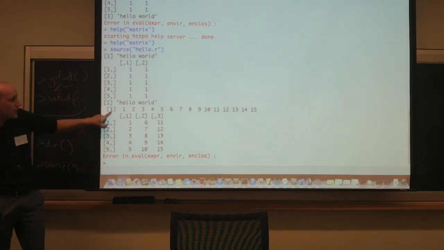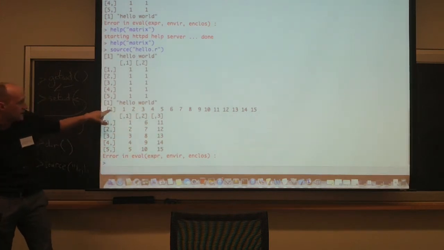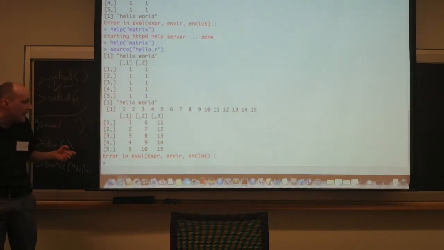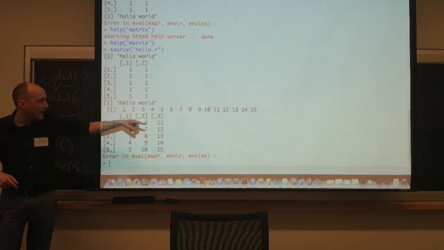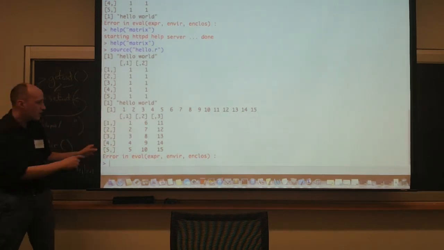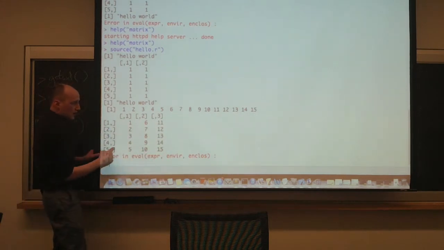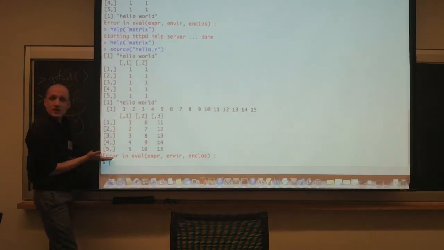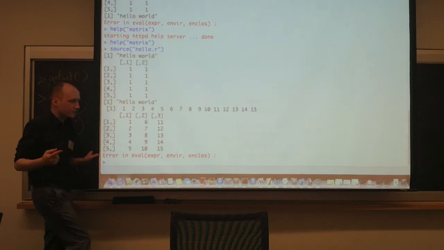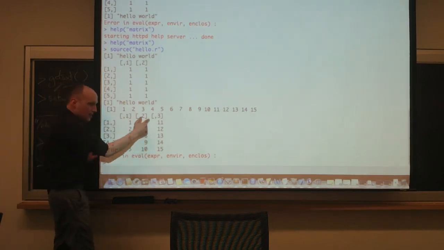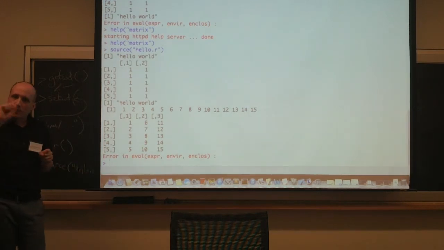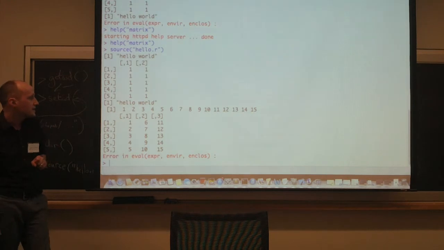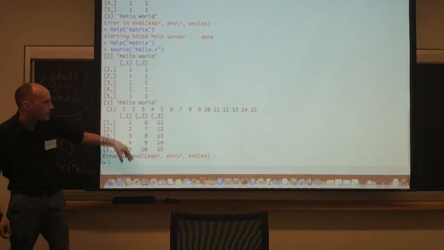Okay, so first I printed S, that's from 1 to 15, and it's just this one-row array. Then I constructed a new matrix H, and I filled it in with S, and you'll see what happened here. So here is the new H. It's got 3 columns and 5 rows like I asked for, and I filled it up with the vector from 1 to 15, and you'll notice that it populated it by column. Okay, so you might think that it would populate it by row, as some languages will fill in arrays. R is going to populate by column.